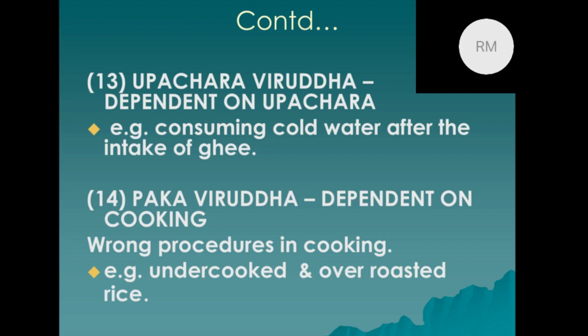Compensatory means that when you overeat something, like if you overeat ghee, then you need to compensate it. You need to prevent it from creating unnecessary sensations in your body. So a compensatory measure is buttermilk. When you eat ghee, it's not necessary to drink buttermilk always. You need to drink buttermilk only if you feel that you have taken more of the ghee.